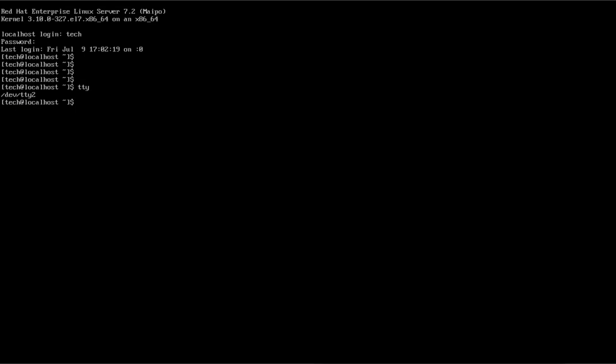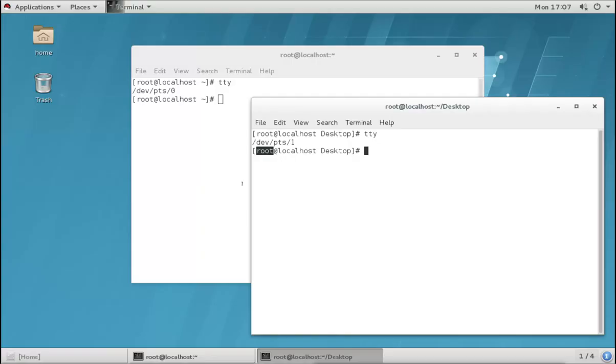Now the next thing is this @. The @ means the user is logged in on this machine, and here we will see the machine name. Right now it is showing localhost. This is showing localhost because at the time of installation we have not configured any name for the machine, so it has taken the default name.